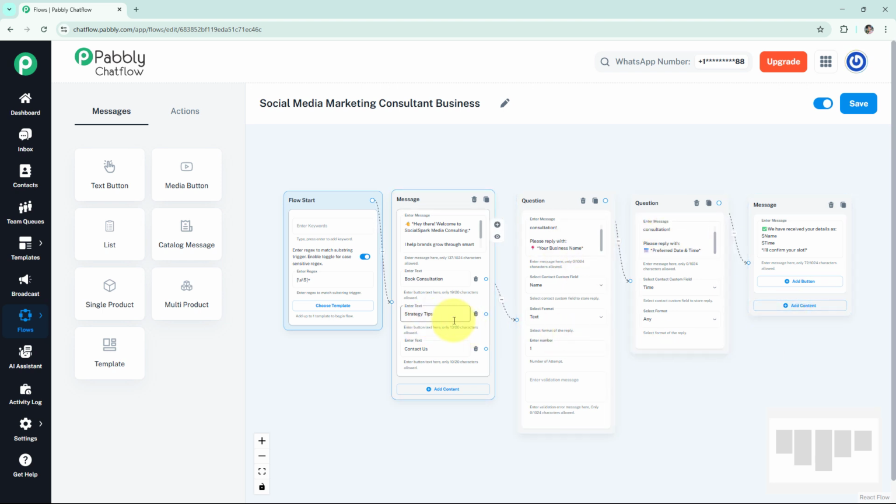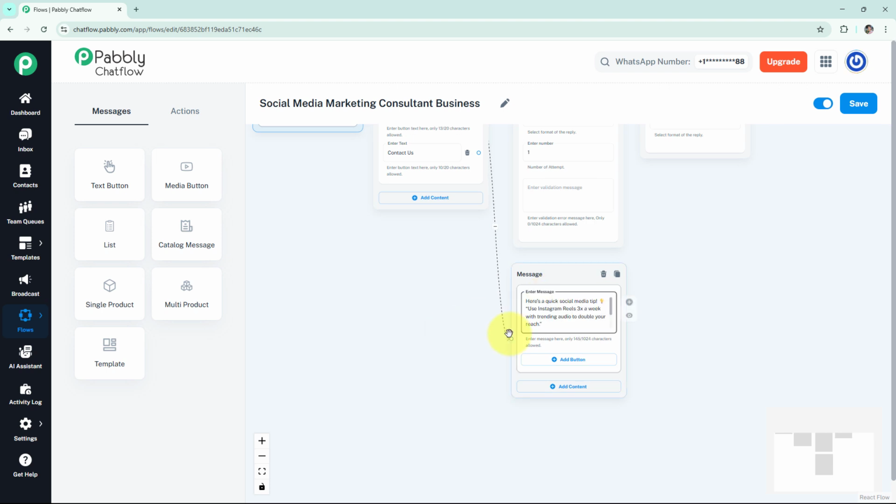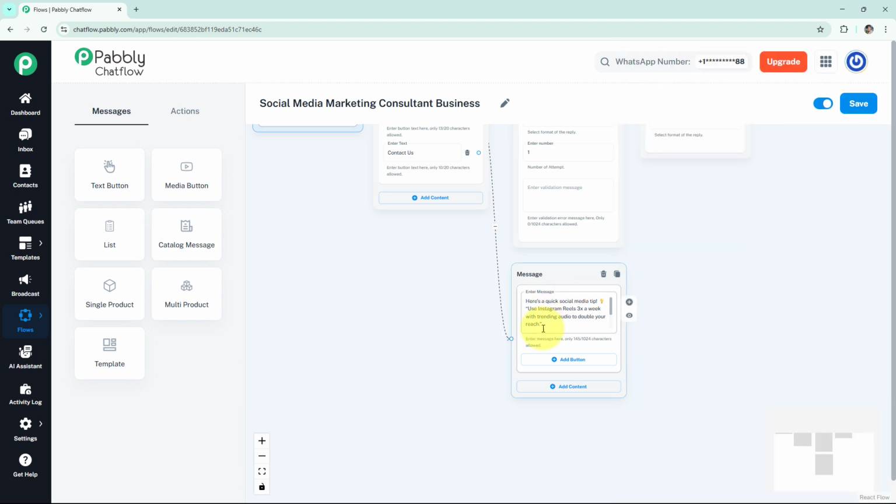Once we are done with our first response, we will start curating the response for our second quick reply option, that is strategy tips. For this, I'm going to access the text button again and here I'm going to add a message. Here I have added this message which will look like this, and lastly I have added, for more such tips, contact us. So here I'm going to add an option to contact us